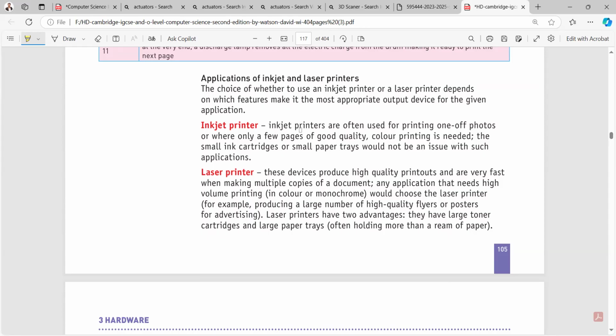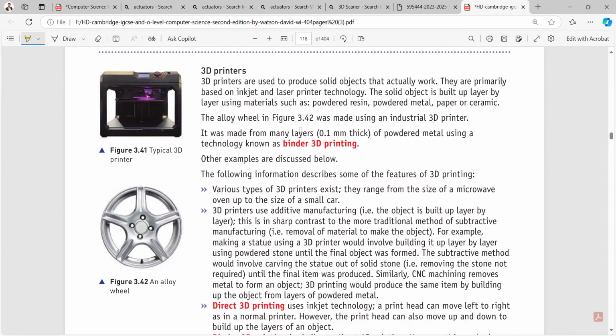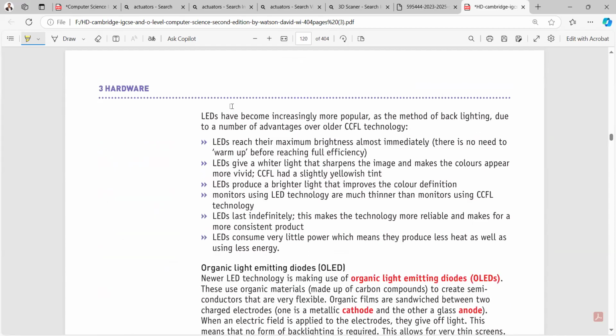क्या आपके जब यूज करोगे जब आपको पिक्चर्स चाहिए होंगी कम क्वांटिटी में लेकिन अच्छी क्वालिटी की। You have 3D printer as well. 3D printers are used to produce the solid objects. They use powdered resin, powdered metal, paper और ceramics। ये मटेरियल यूज करते हैं, इससे आप अपनी जो है वो कोई भी बिल्डिंग्स, कोई भी ऐसा स्ट्रक्चर आप बना सकते हैं।